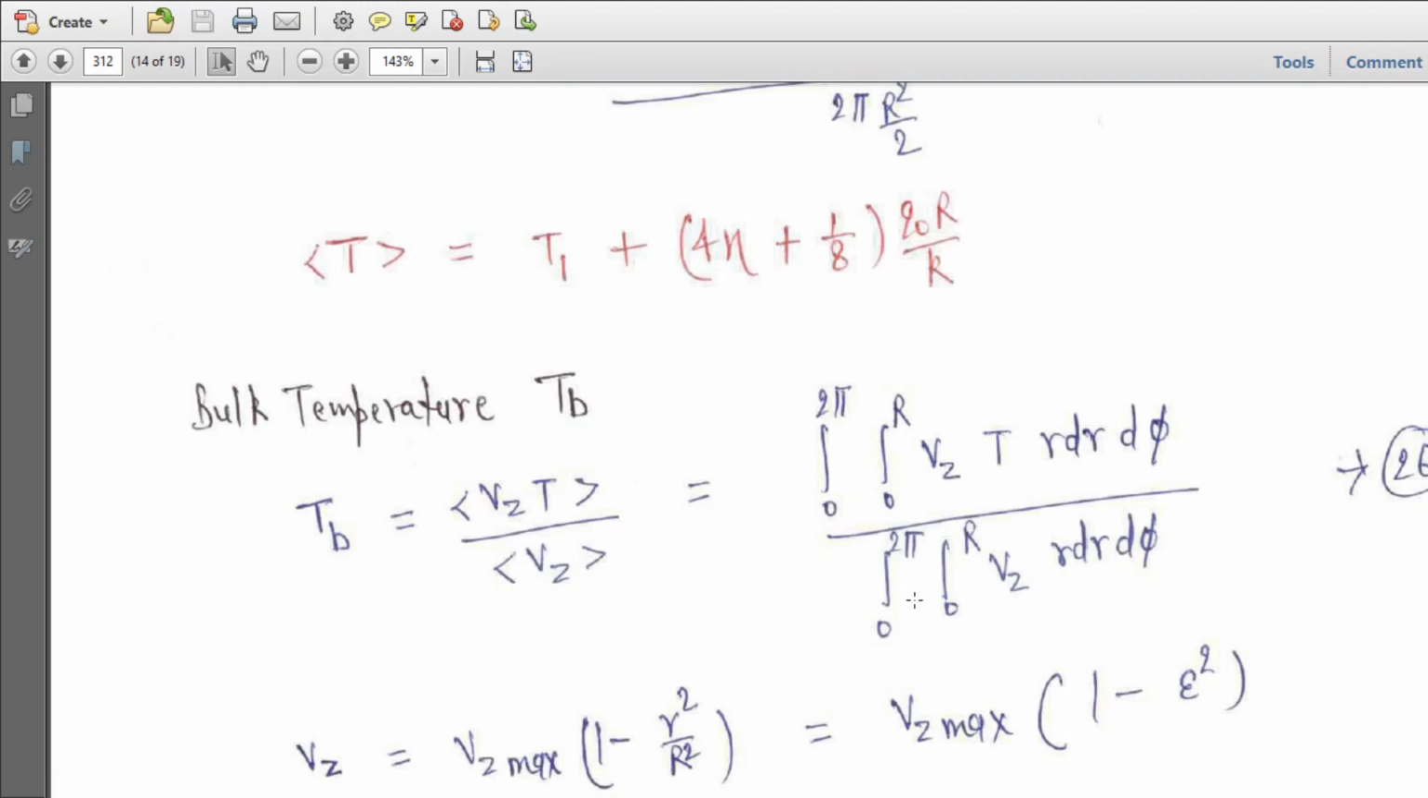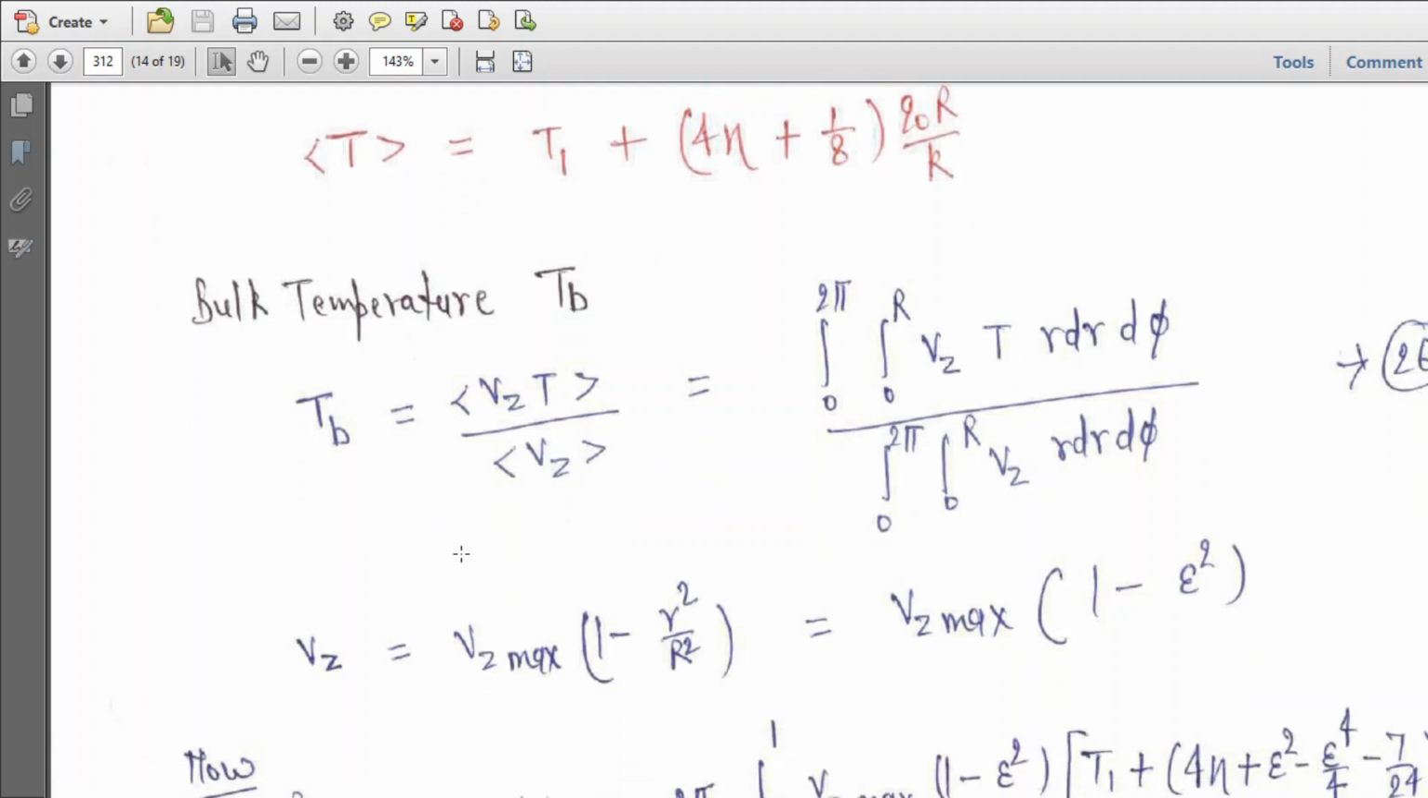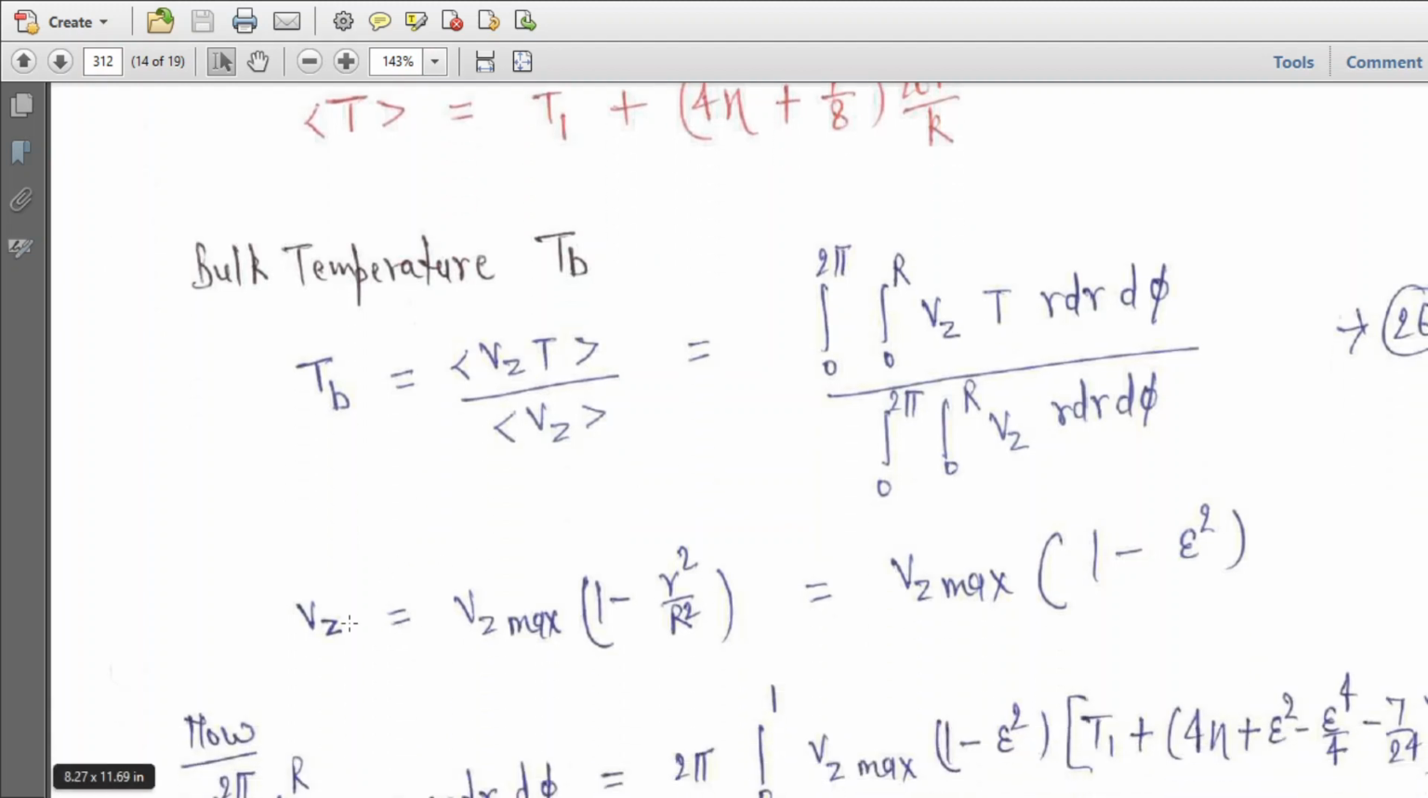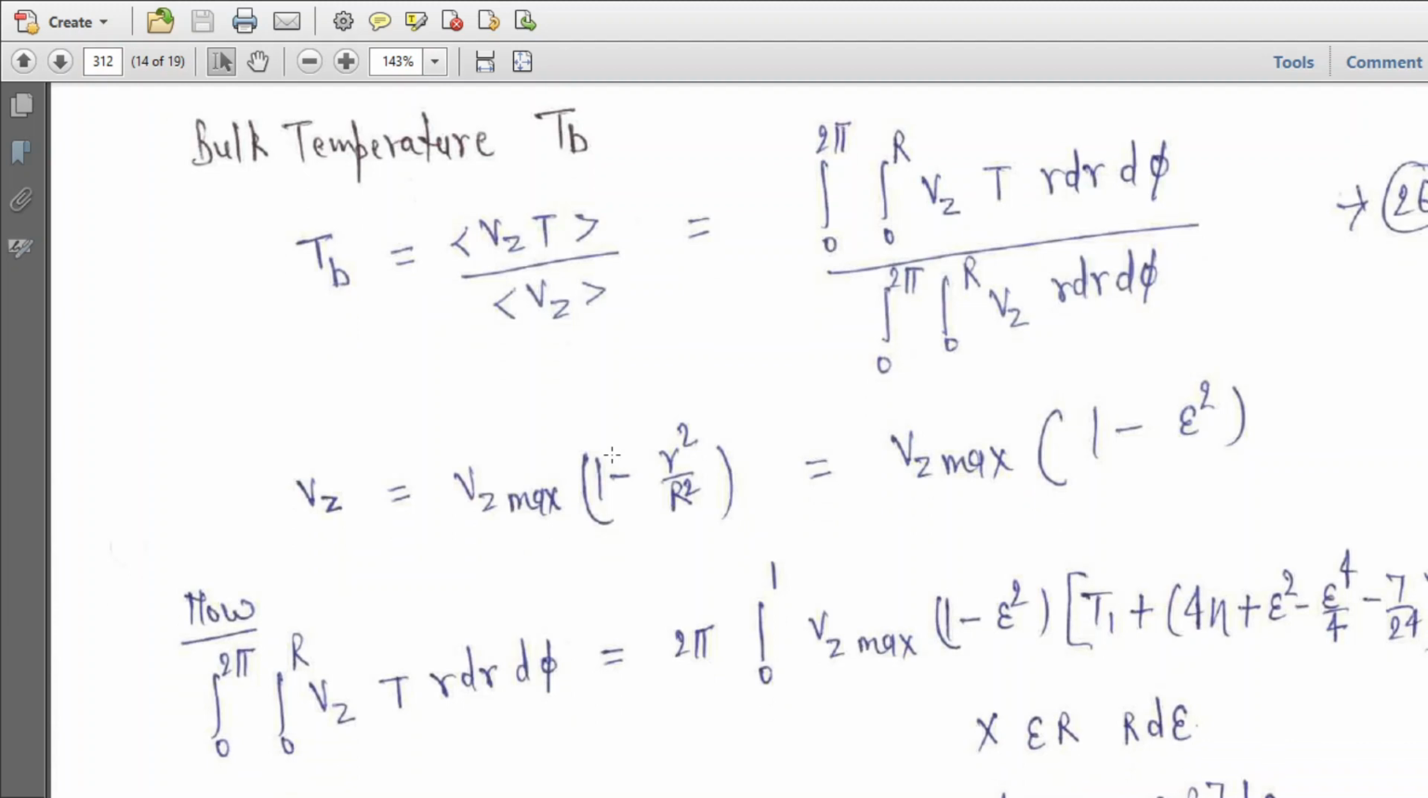So for that, the integral from 0 to 2 pi, 0 to r, Vz r dr d phi. For that you have the expression for Vz, Vz max times 1 minus r square upon R square, given in non-dimensional terms as Vz max times 1 minus epsilon square. Now the numerator term, 0 to 2 pi, 0 to r, Vz r dr d phi, equals 2 pi, 0 to 1, Vz max times 1 minus epsilon square, and then we have the expression of